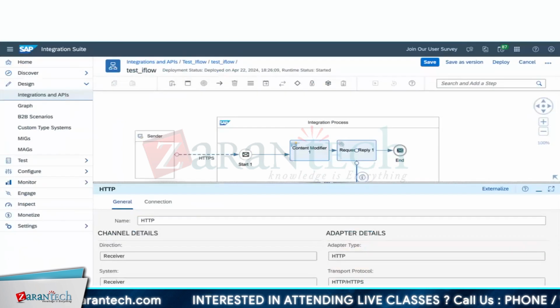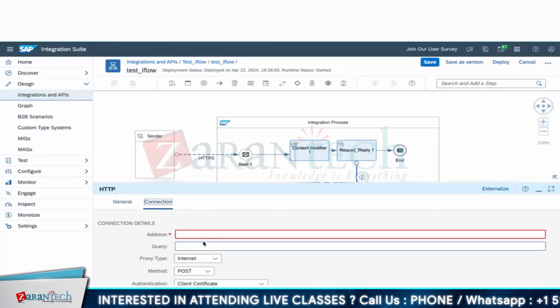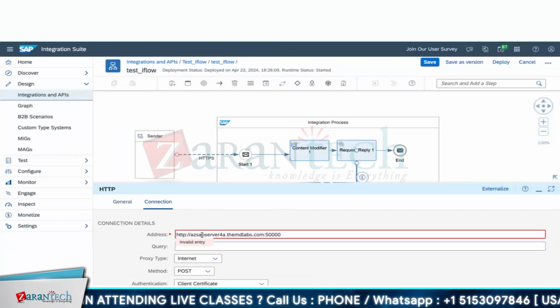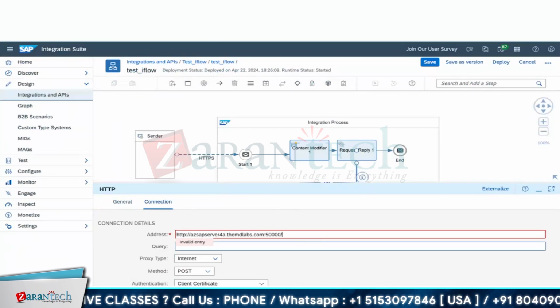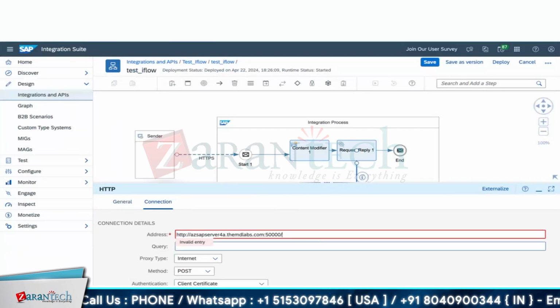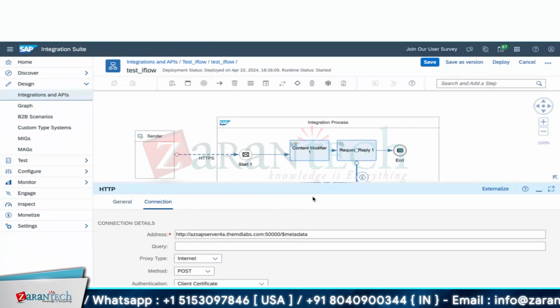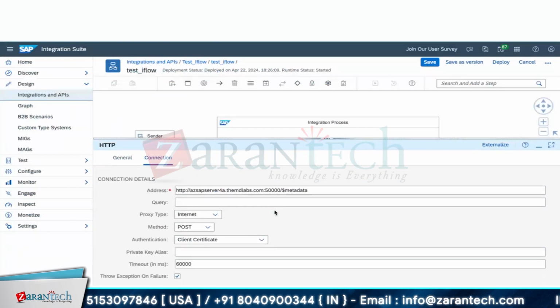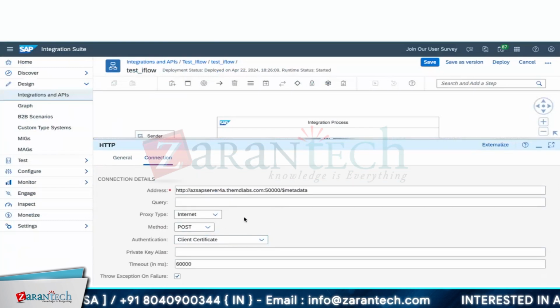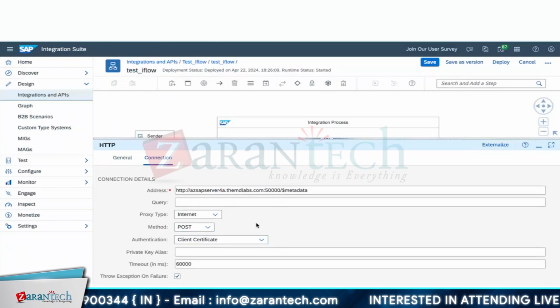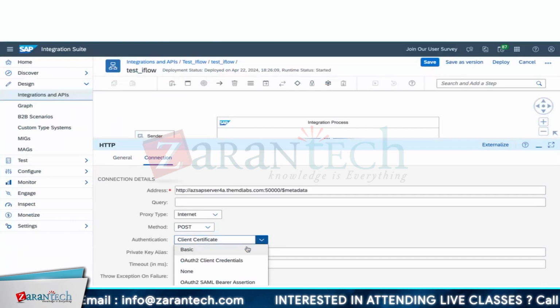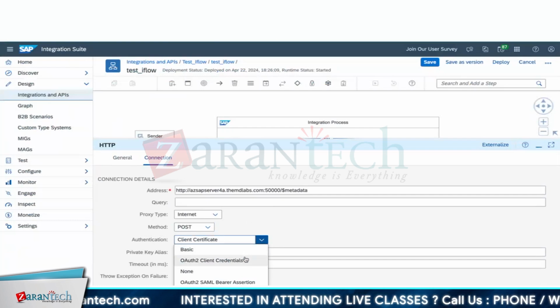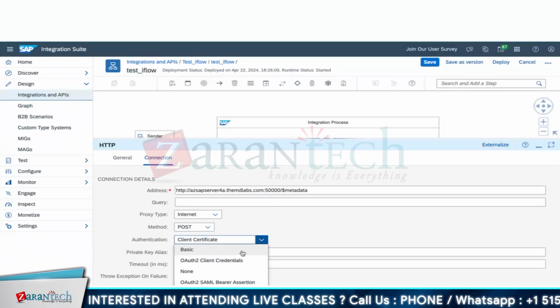This is my URL, and with this connectivity, I'm giving this URL. Then I will put $metadata. I'm keeping the proxy type as internet. Now I need to choose which authentication I can follow: either basic auth, OAuth 2.0, or OAuth SAML bearer.